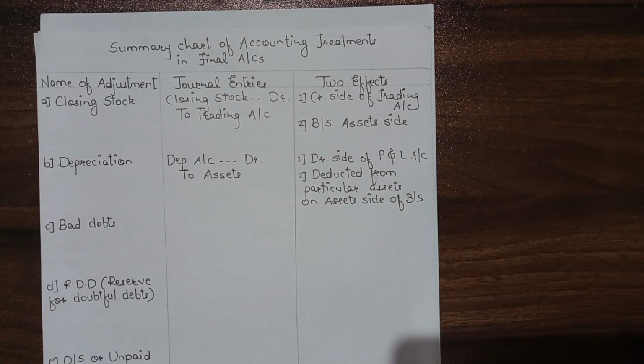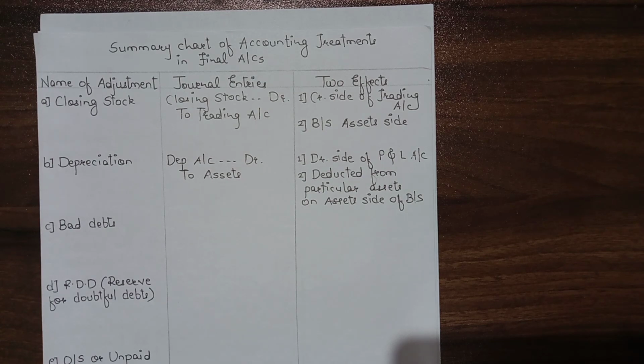So this 500 amount, which you have got from calculating the percentage of depreciation, you have to deduct from 5,000, the original amount of machinery. And whatever amount you get, that is your final amount of machinery. You have to write it in the outer column of the balance sheet on the asset side. Okay, so let's move on to the next one, bad debts.